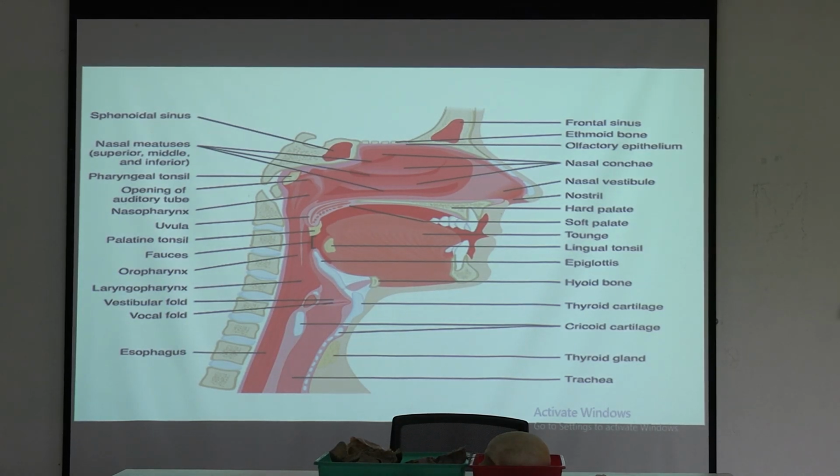Okay, so in this sagittal section, first you will see this is the section of the frontal sinus. Okay, this is the frontal sinus. Here is the body of sphenoid. Within the body of sphenoid, this is the sphenoid sinus. Okay, here this is the nose, the lateral wall of the nose is visible here.